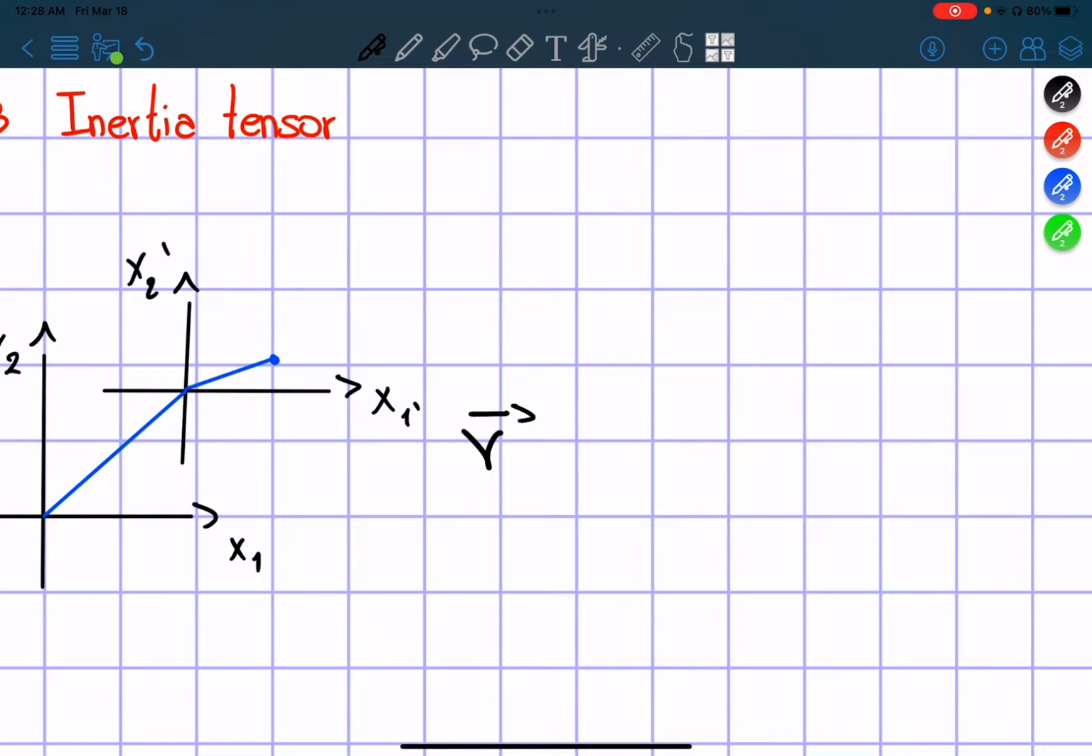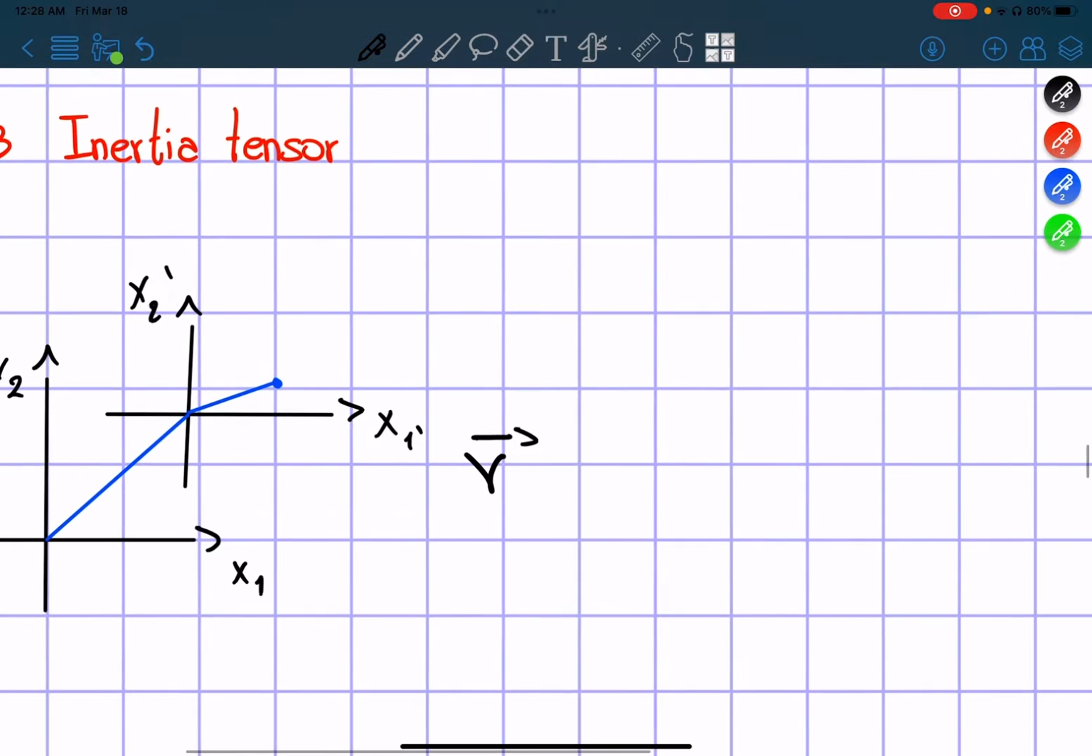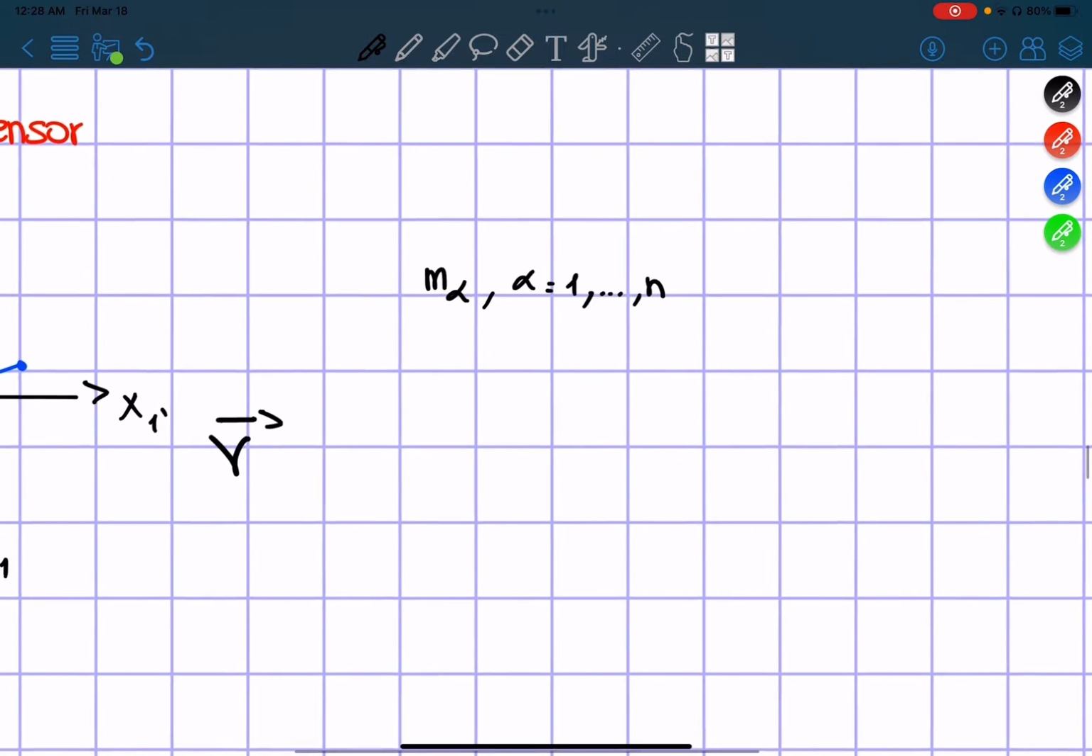Hello everybody. So in this chapter 11.3, we're going to talk about the inertia tensor. It's going to be a pretty long chapter, so I'm going to divide it in two videos. The chapter starts by saying that we have a rigid body composed of n particles of mass m alpha, with alpha going from 1 all the way to n, because we have n number of particles, and it rotates with angular velocity